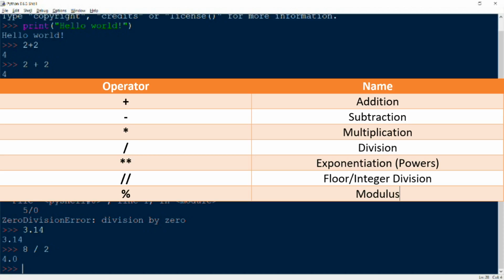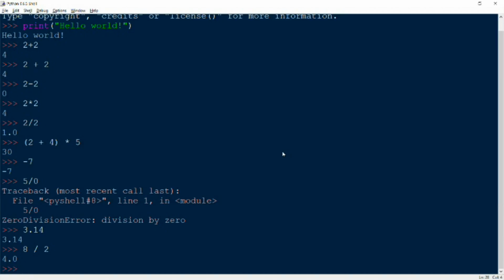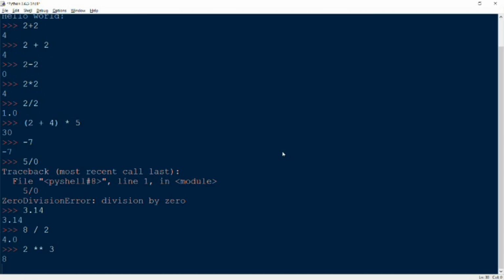As you saw in the table shown back with the simple operations, there are 3 operations that I didn't go into, and this is exponentiation or powers, floor division and modulus. Now I know that sounds scary, but it's simpler than you think. Powers are represented with 2 multiplication signs or asterisks. For example, 2 star star 3, that's what I'm going to call the asterisk stars because, you know. So 2 star star 3 is the same as 2 to the power of 3 or 2 cubed, which comes